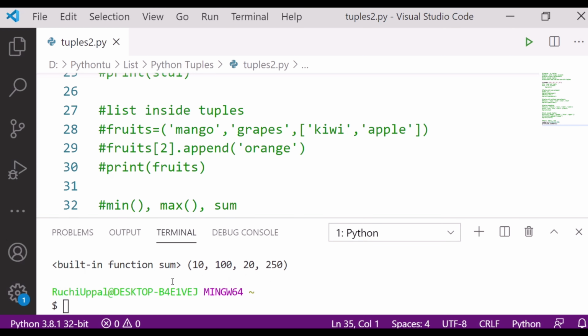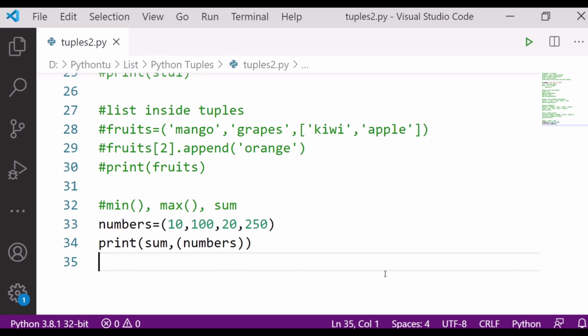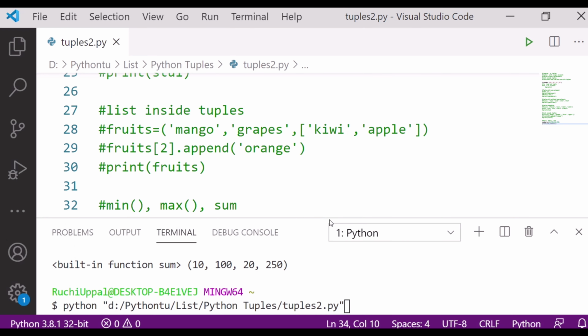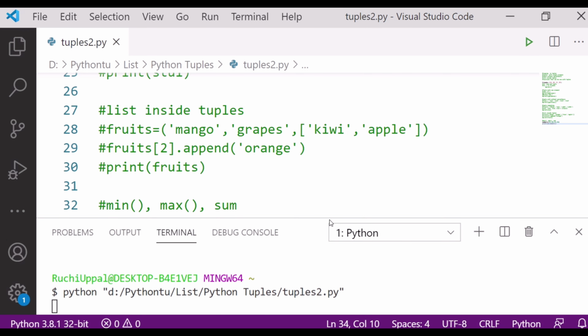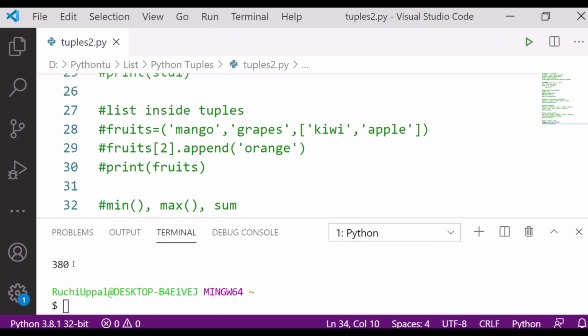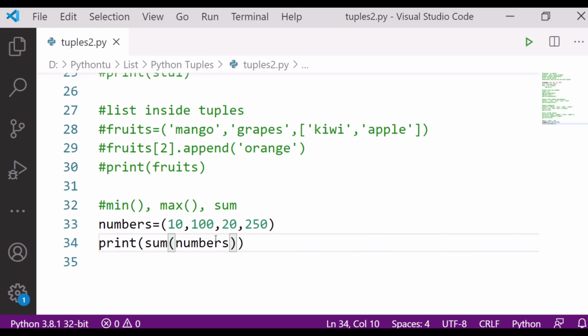This is a built-in function. Oh sorry, I put a comma here. You can see we got the sum of the numbers that I have in the list.